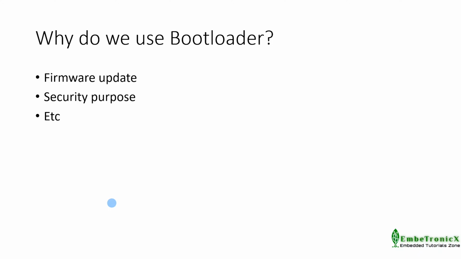Nowadays, we are using many gadgets like a smartwatch, smartphone, Bluetooth earphones, and many more. When any OS or firmware update is available, we download the firmware to our mobile phone and connect the mobile phone to gadgets like a smartwatch. Then we start flashing the firmware images. If we don't have the bootloader, how would the smartwatch know where to write the new firmware image? If we use the bootloader, then that will take care of that. So we can load the application without a programmer or debugger.